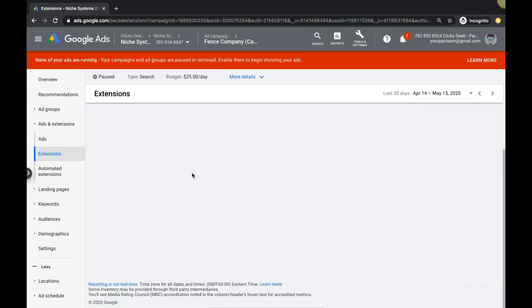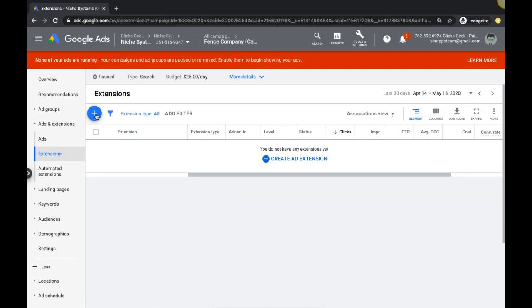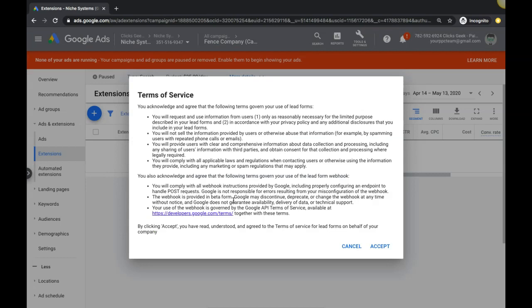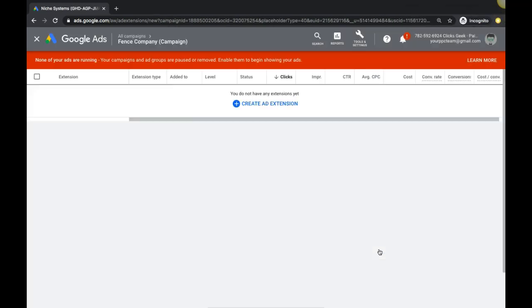All right, so that's calls. Next up, lead form extensions. This is pretty cool. There's a lot that goes into this. I should probably freeze this so you guys can read it, because it's a lot of information. You have to agree to all this stuff, that you're not going to spam people, and you have to agree to their compliance and stuff like that. So if we just accept that,